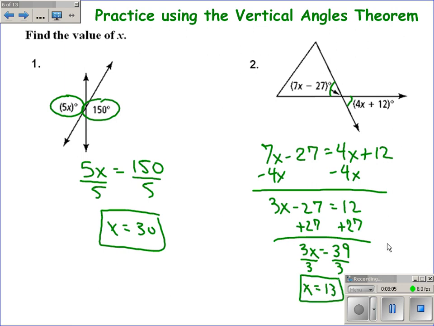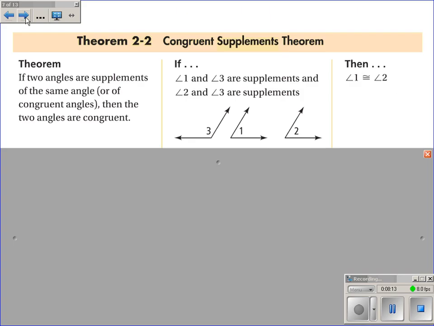Okay, so the vertical angles theorem is that vertical angles are congruent, and we can use that to find what the measure of angles are, or find the value of x. All right, here is another theorem, the Congruent Supplements Theorem. The theorem is, if two angles are supplements of the same angle, or of congruent angles, then those two angles are congruent. Okay, in the picture, let me show you that if angles 1 and 3 are supplements,